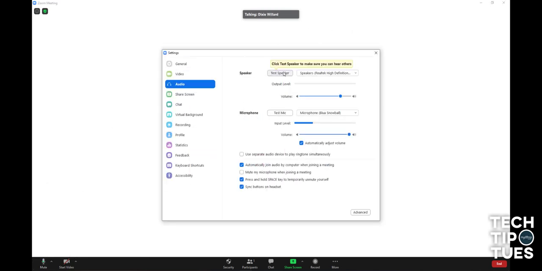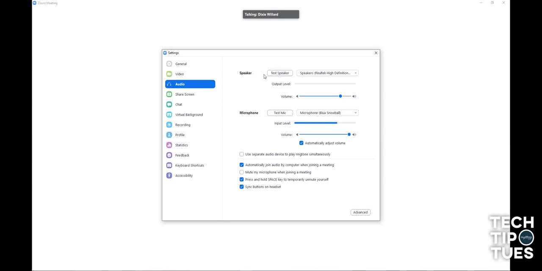I can test my speaker, which is really helpful to make sure that you have the right speakers on. It's always nice to test this before the meeting is supposed to start. And you can tell in that case I can hear it. And then we can also test to make sure our microphone is working perfectly. So I'm going to go ahead and click on that. It's going to record. It played it back. I was able to hear that my microphone is working just the way it should be,